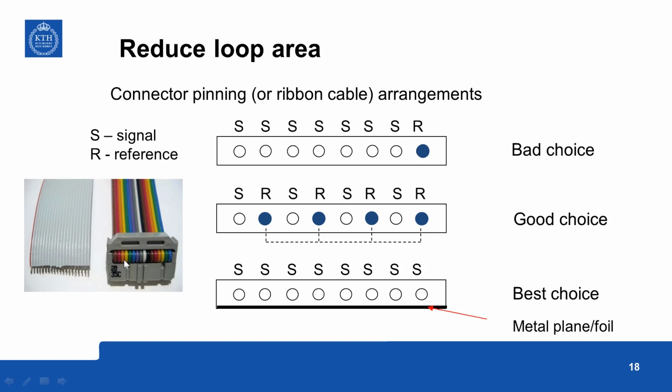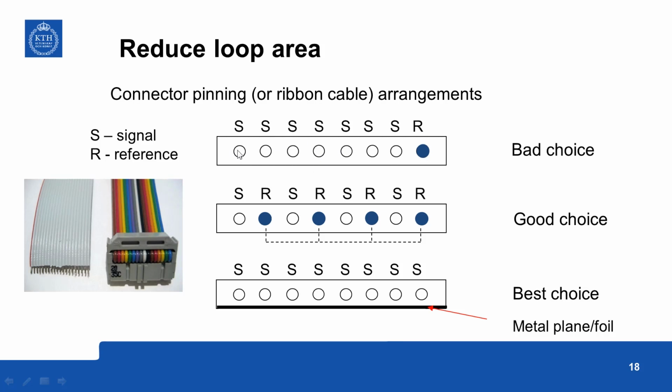Here is an example. Ribbon cables are very common in computers and equipment connections. You have several possibilities of arranging signal and reference in that. One possibility is that, to reduce the number of conductors, you can have several signal lines and use one common reference. This would be a very bad choice from an electromagnetic compatibility point of view, because imagine this circuit at the extreme level. It will be coupling with all other circuits 100%.